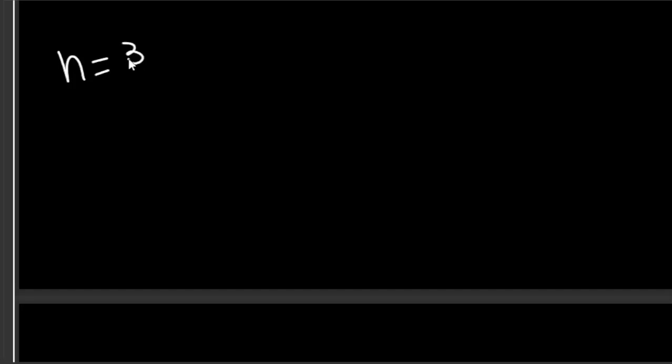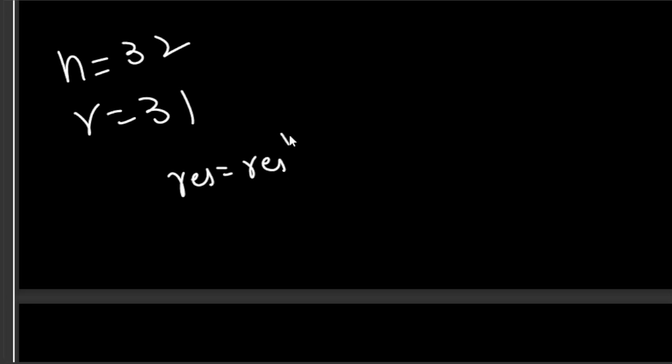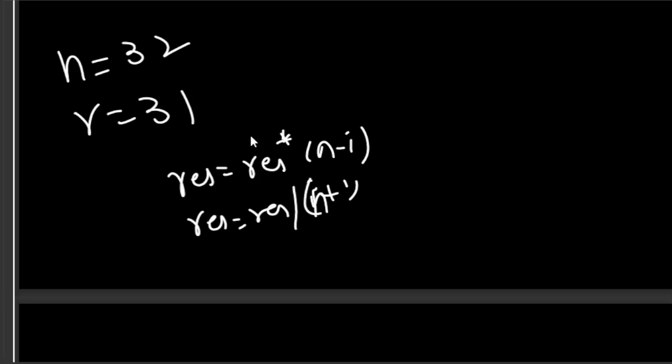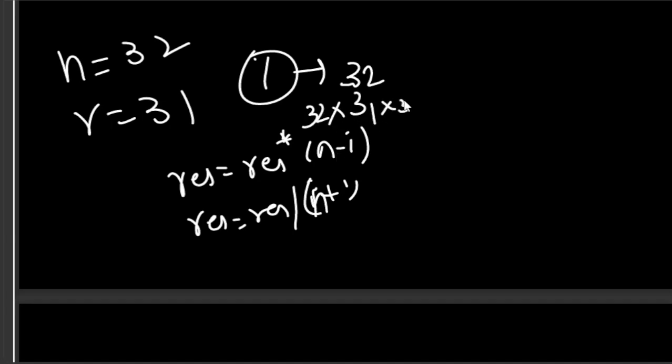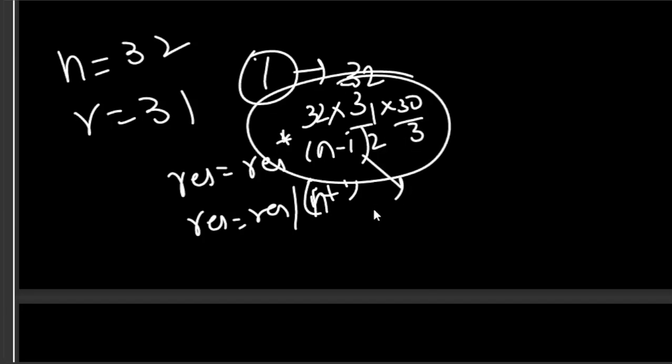n equals 32, r equals 31. So the problem is I'm doing resultant equals resultant into n minus i, and resultant equals resultant by i plus 1. In the beginning resultant is 1, and then next I multiply it by 32, n minus 0, so it becomes 32, 32 by 1 is 32. Next 32 into 31, then 30, 31 by 2, 30 by 3, and by doing this at some point resultant is